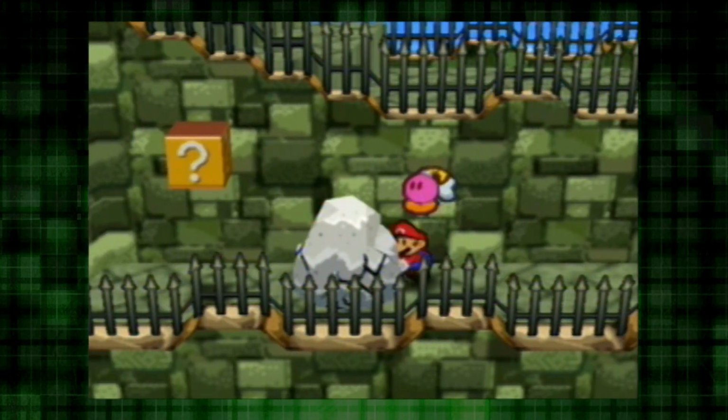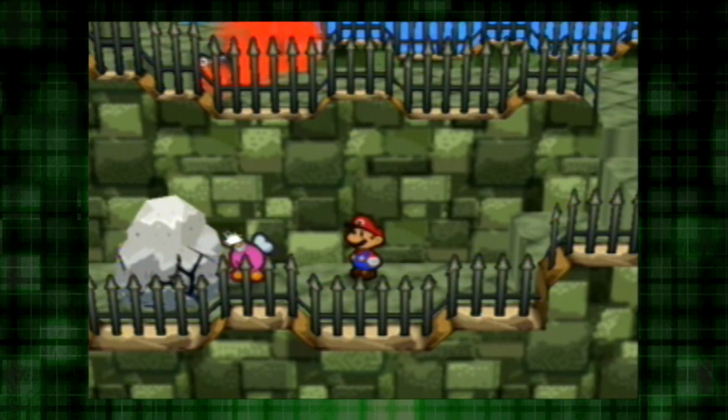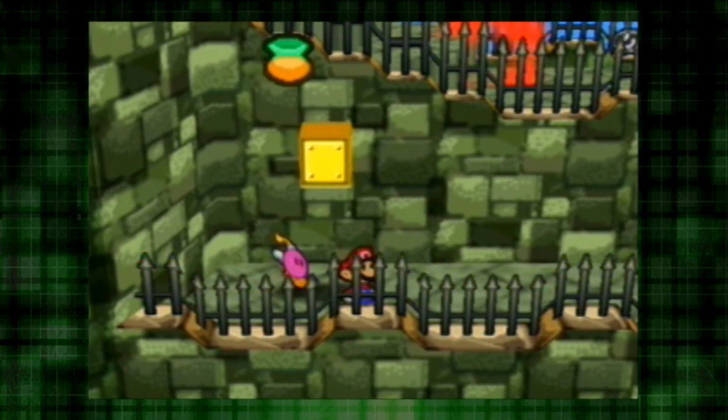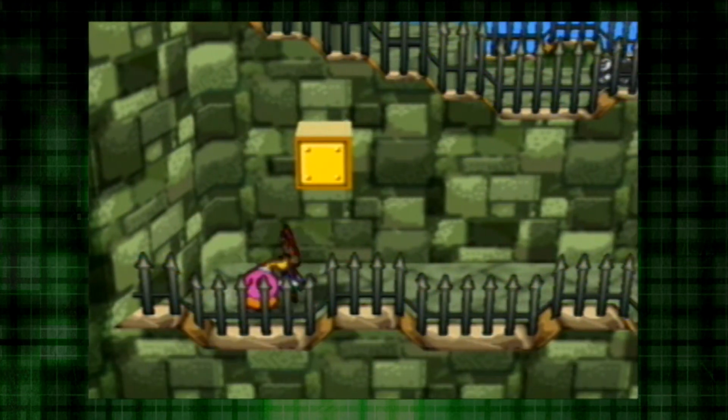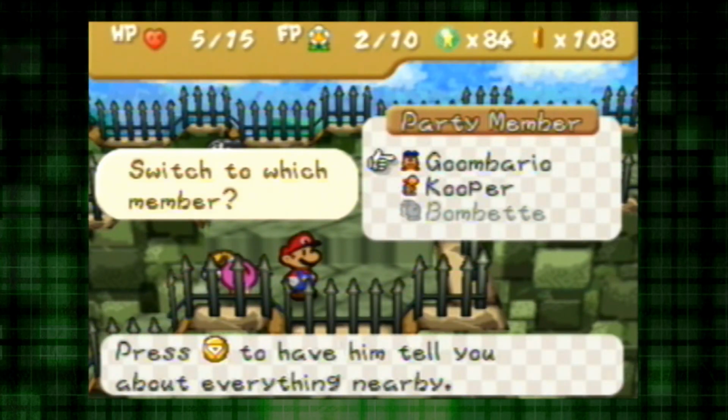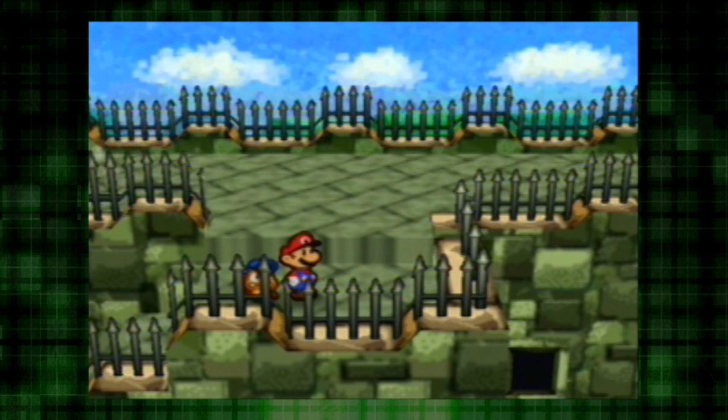Bombette can also be used to break large rocks. You can tell that it's not a block. Mario's hammer can only break blocks. And it can push buttons and things too. I guess